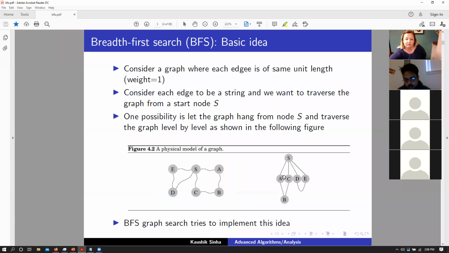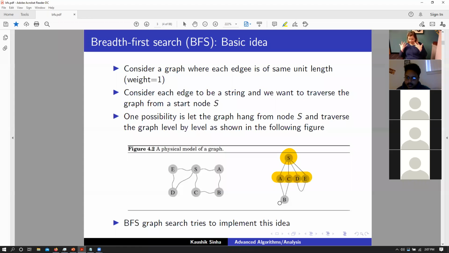let's see how BFS would actually traverse and explore this graph. So we start off from S, and then from S, we find all the nodes that are connected to S. So essentially we have this set of nodes here. All of these nodes can be reached from S by just a single edge, right? So all of these nodes are at a distance of 1 from S. BFS discovers all of these nodes first, and once it has done so, it then moves forward for each of those nodes in turn.